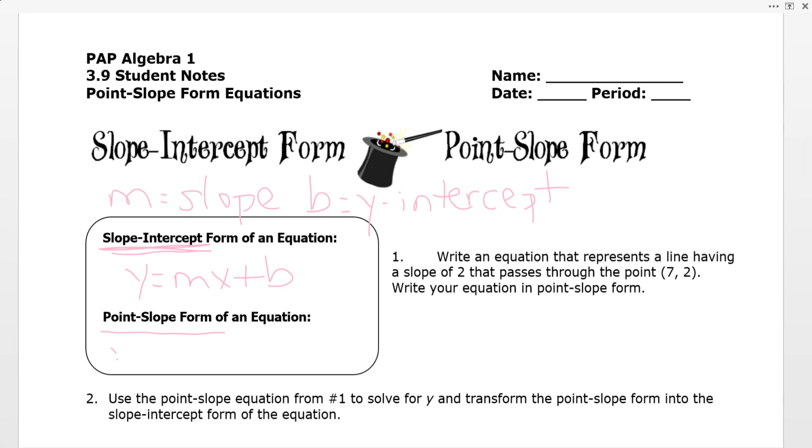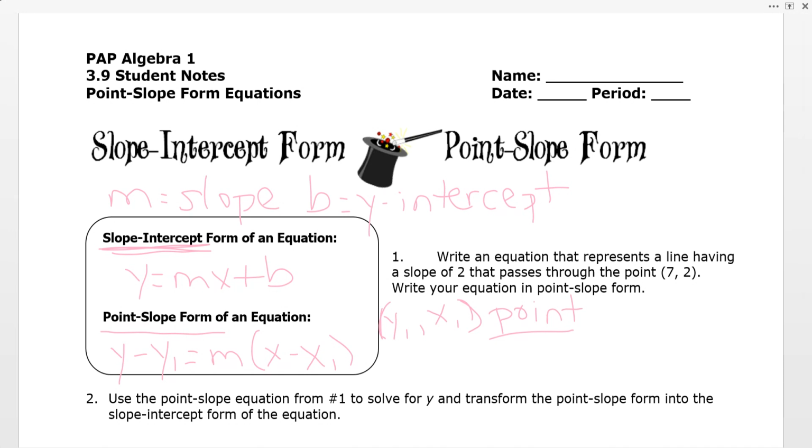And what it's going to look like is y minus y1 equals m times x minus x1. Okay, y1 and x1 are going to be your point that you have. And your y and your x stay y and x. But the y1 and x1 get